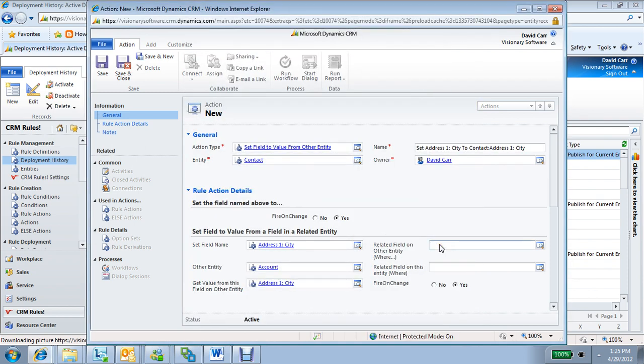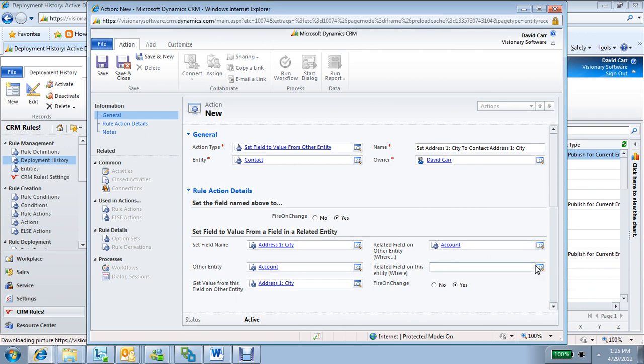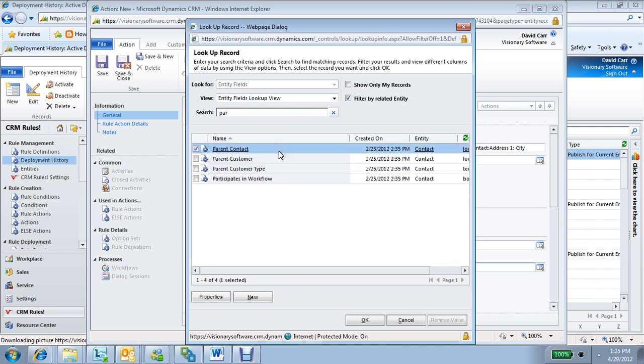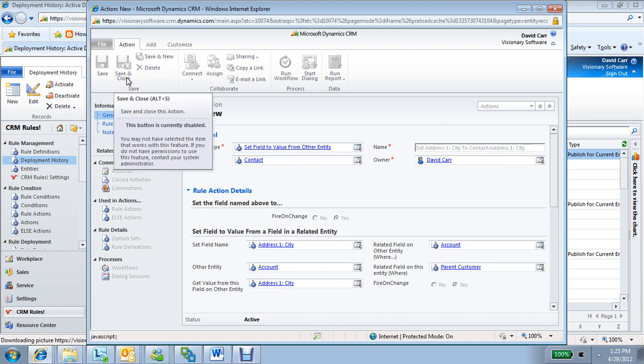Now this is our where clause we're building out here. So the related field on the other entity, so we're going to link this up to parent account to account. So that's just the account ID, and on this entity we need to use the parent account to get back there, to link up to the parent customer. Link up to the parent account that has that value. So that's all the action we need there. I'm going to set address 1 to contact address 1 city. I'm going to save and close that action, and I'm going to go back out and build a new rule